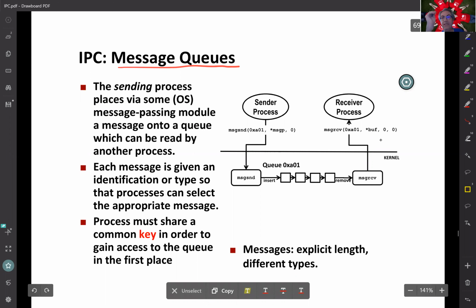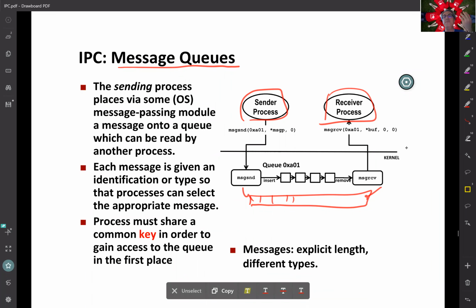Now we have already seen that when you have these two processes, like here we have the sender process and receiver process, usually in the case of, we have seen the case of a pipe, right? In the pipe you read and write. But when you're reading and writing, we could never be sure, when you're the sender and it tries to update this pipe structure, then you have this issue that